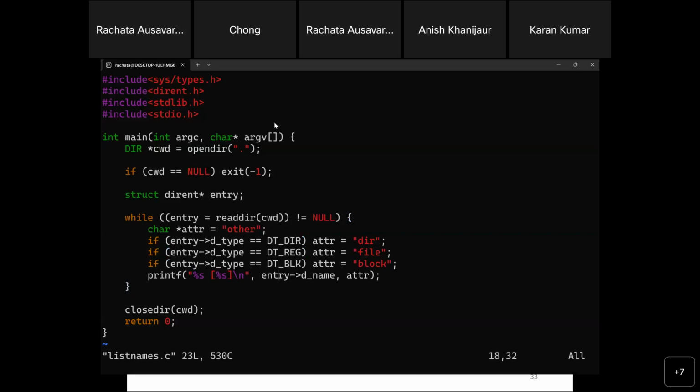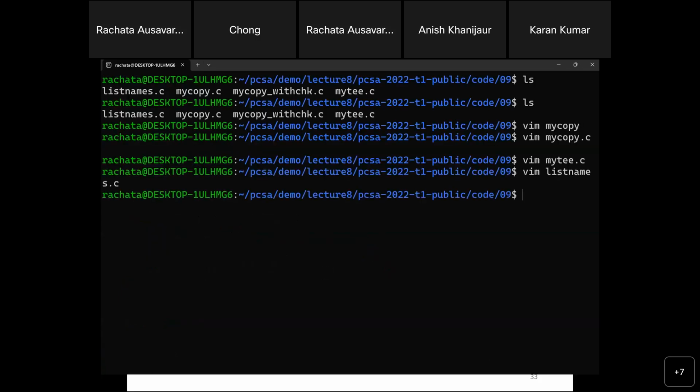Now notice how in this case, I can just do printf. The reason why I use printf is because I just want to print to the standard output. I already have my file names in the struct, so I just loop through and print them out. Then afterward, I do closedir with the path, basically to wrap things up. And that's it for the demo.